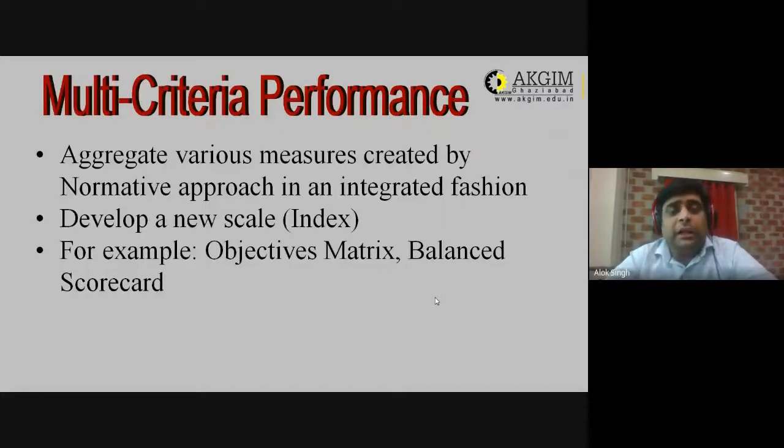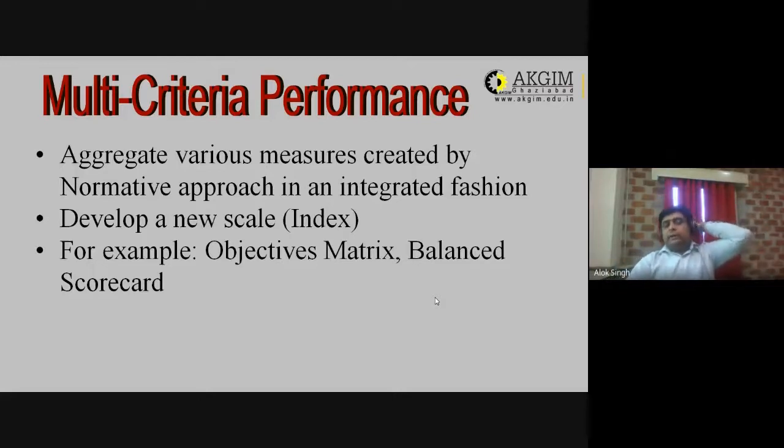Okay, and last is multi-criteria performance. What is multi-criteria? Like developing some index, objective metrics, balanced scorecard, aggregation of various inputs. It means we need to aggregate our labor. What is aggregation? Basically close to the approximation. Like nowadays we are having workers on contractual basis. If certain work is there, you will have contractual labor. Otherwise you will maintain some limited amount of workers over there. So what is that? Basically aggregation.